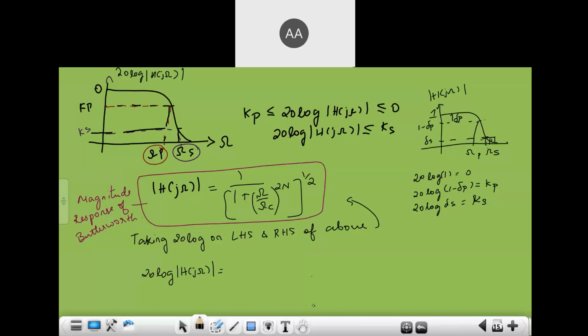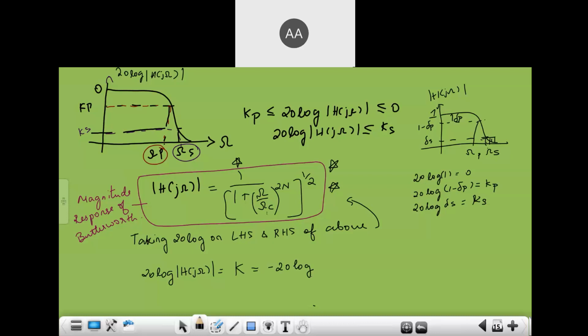So whatever we found out, Hn of s, the Butterworth polynomial, that is a filter designed with the cutoff frequency 1 radian per second. You remember that always. This is for a given cutoff frequency, the generalized expression for your Butterworth filter. This is that. So you take 20 log on both the sides. In general, you can write it as k. So what do you get on RHS? Because this term goes to the numerator, this becomes minus 20 log of the denominator term.